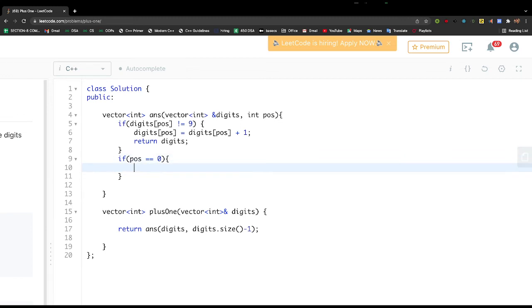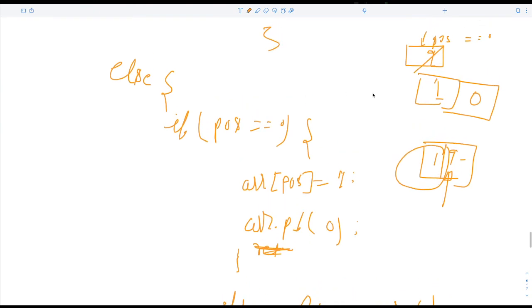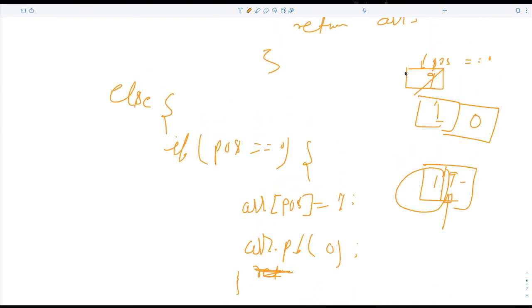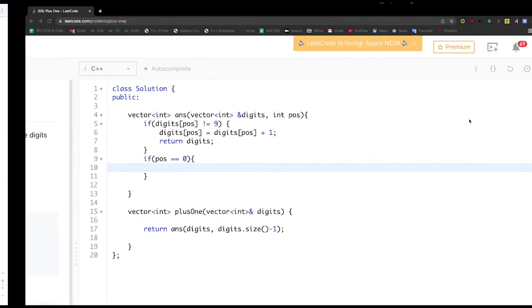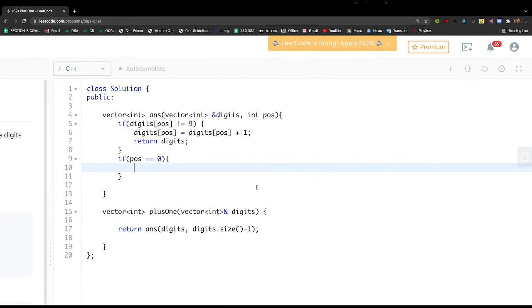else position equal to 0, it means this is the last digit, which is 9. Okay, what we'll do here, we'll just add 1. Here we have given just the last digit, the position is 0, it means this is the position at the 0th index, this is 9, so we need to just make the 0th index value 1 and add 0 with pushback. So we'll make digits at position 0 equal to 1,